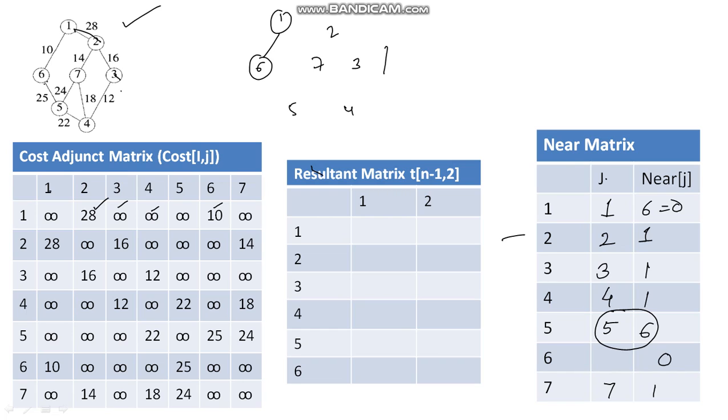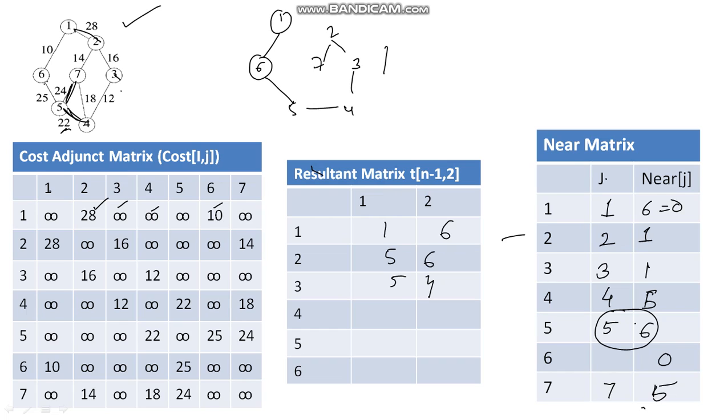So the first edge considered is 1 6, the second edge considered is 5 6. After considering 5 6, we will update the near values. So after adding 5, what we find is near of 4, which was previously 1 but now it is 5, and near of 7 previously it was 1 but now it is 5. You can see here the newly added edge is added. Again if you see the cost, these edges are to be considered: 4 or 7 or 2, 28, 24 and 22. So 22 is to be considered, so we add 5 4, and then in this way we continue.